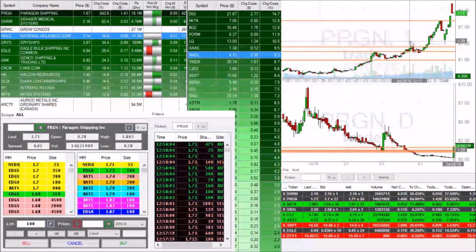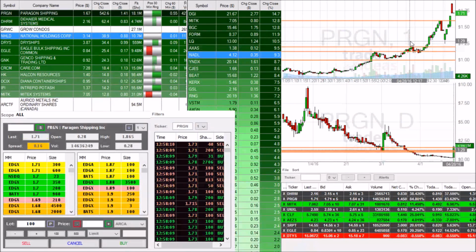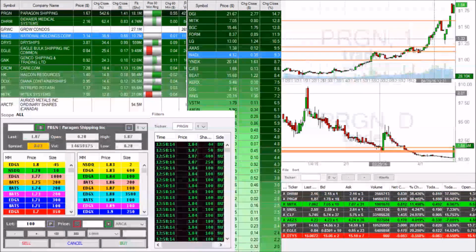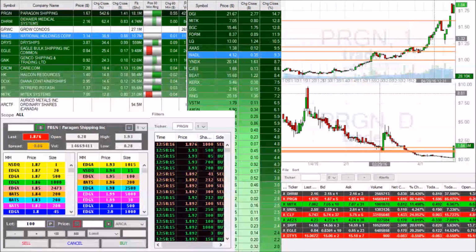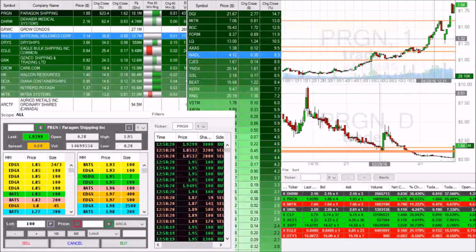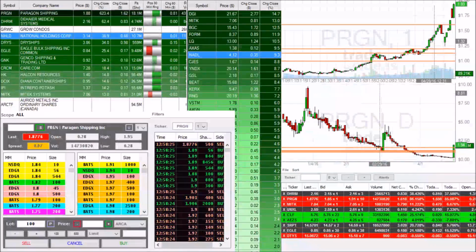As we are moving up, we have a high of the day now of 186. And we are looking for this stock to continue to move up. Watch for the 175 break. If this breaks 175, that could be your new entry point on 175. Or now it could be $2. So watch for that $2 break on this stock now, as we are continuing to move up on